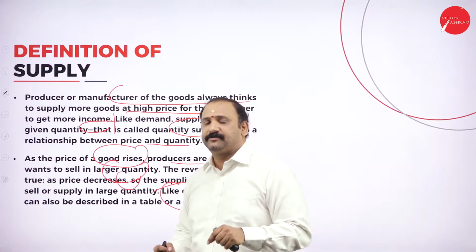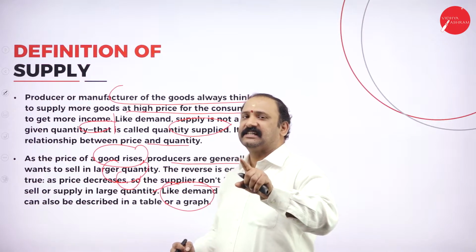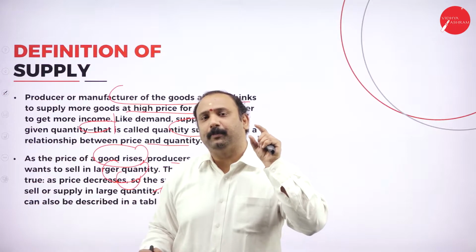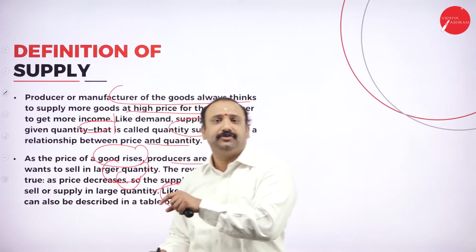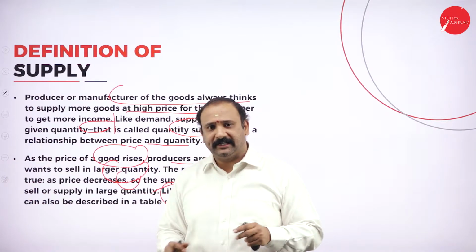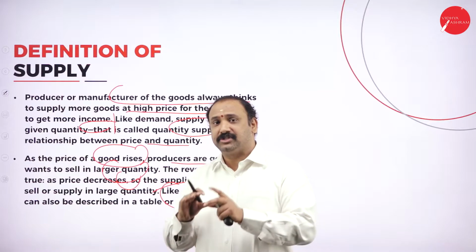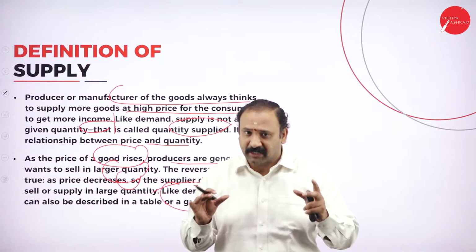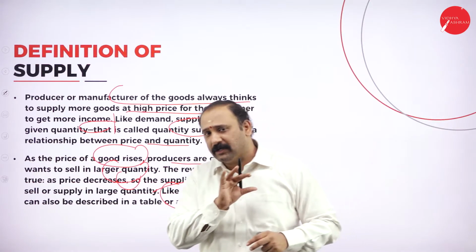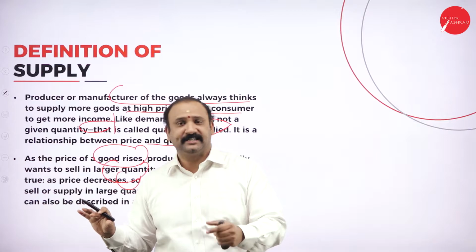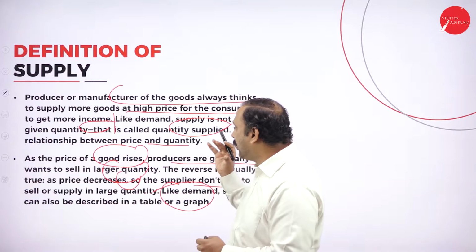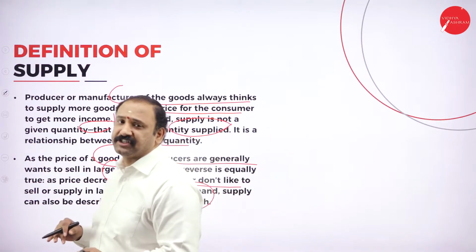This is happening because as the price rises and people are ready to accept it, the producers will also try to push the maximum goods into the hands of the consumer so that they can make a return. Whereas tomorrow, let's assume that the pandemic completely comes to an end and there's no more need of masks and sanitizers. Then what happens? This business comes down and people will not be engaged in the supply of masks and sanitizers. Why? Because the value of those goods has come down. So that's exactly what we are trying to understand in the definition of supply.